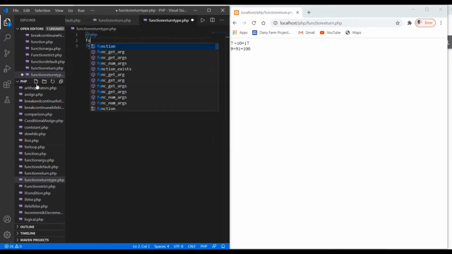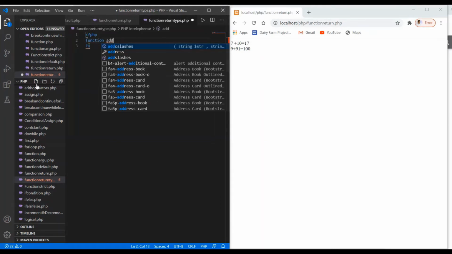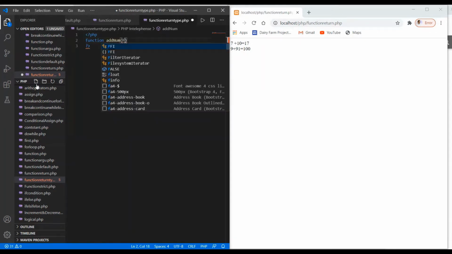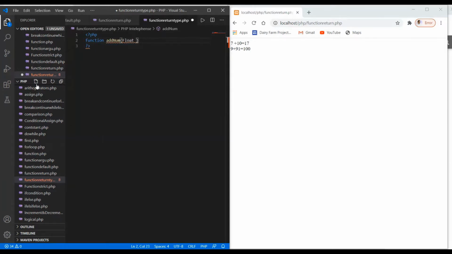In order to declare the function, I have to use the function keyword, and I'm using the name addNum for the function, and this function will take two arguments of type float.